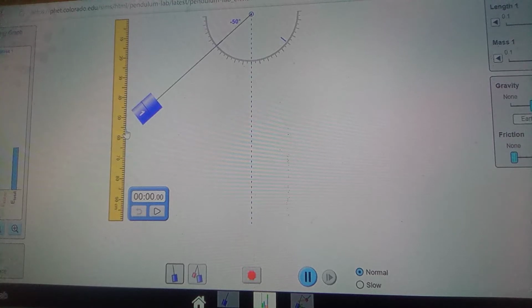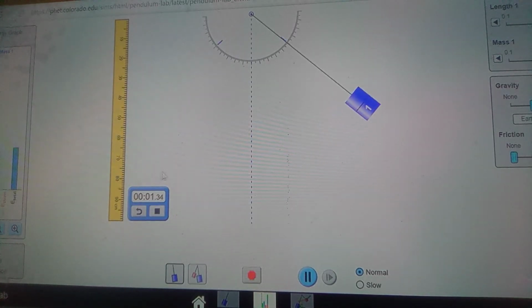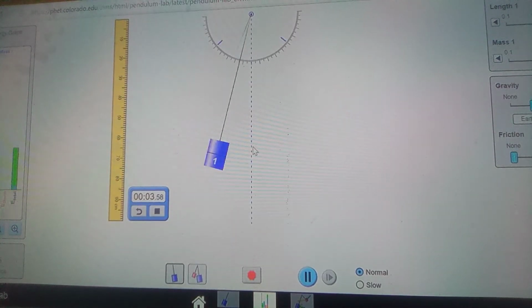Now, if you release, make sure that you start counting your stopwatch to count the periods of oscillation. We need to do this at the same time we start our stopwatch counting. So now, as our pendulum is oscillating,